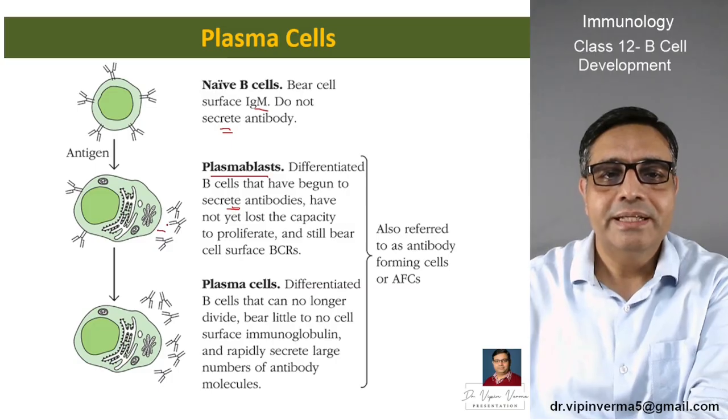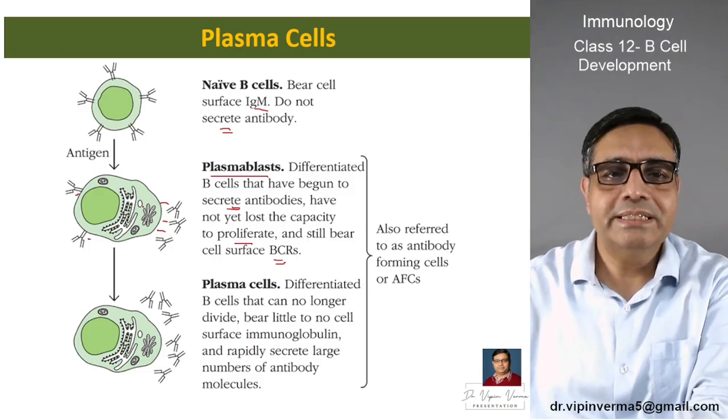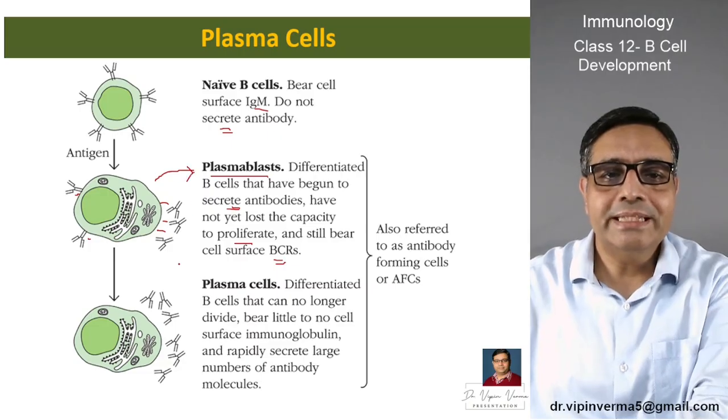So you can see here the antibodies are secreted here, but they have not yet lost the capacity to proliferate and still bear the cell surface BCRs. So you can see some BCRs are there on the cell surface. They can still proliferate and they can also secrete. So this particular intermediate stage is known as plasma blast,